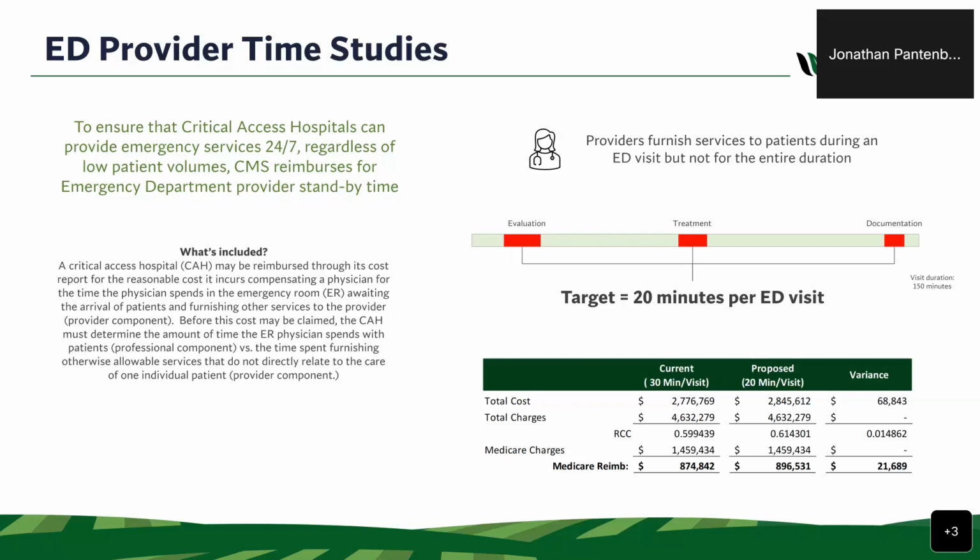The more cost that is allocated to standby time, the more it increases our ratio of cost to charge, which then increases the level of reimbursements that we receive from Medicare for providing those services. Now, when we look at the standby time versus the professional time, the industry benchmark is 20 minutes per patient visit. If you were to be 100% professional time as a critical access hospital, you would need over 26,000 visits